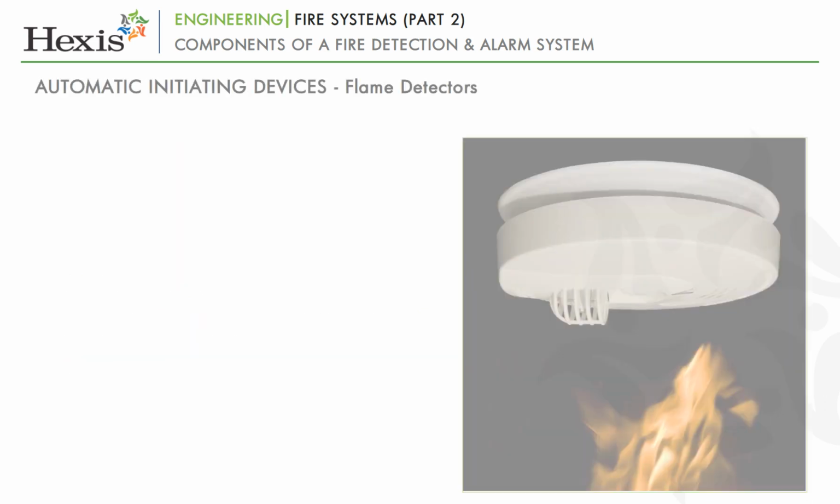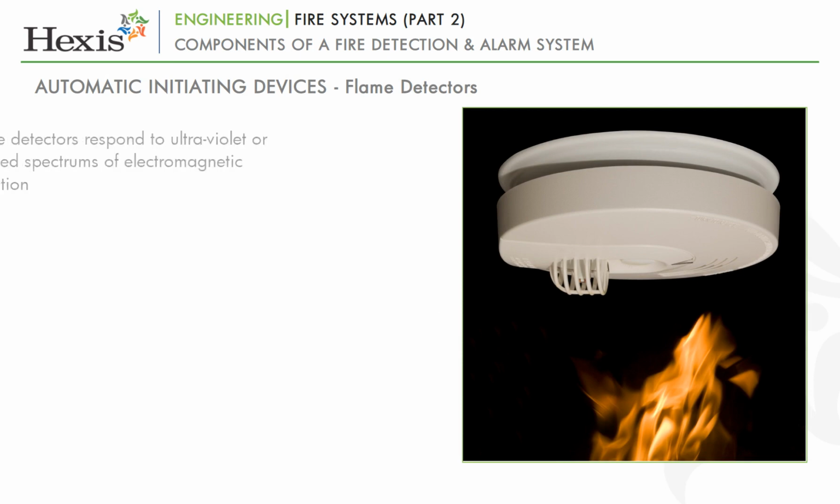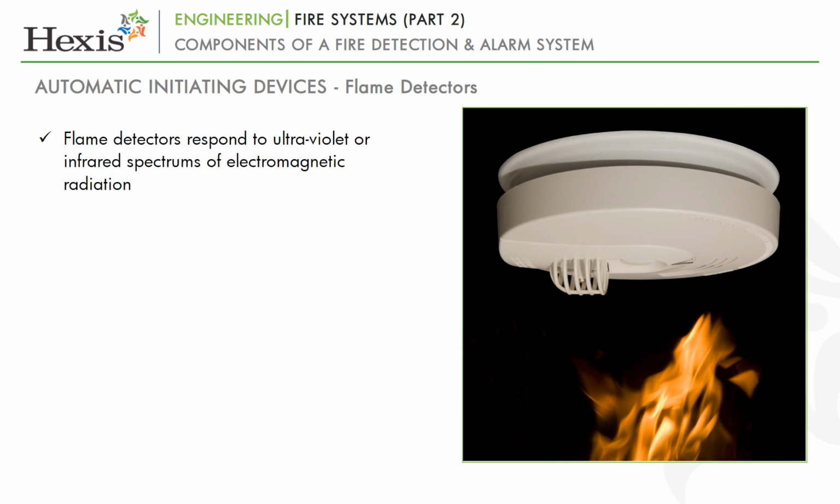Lastly, let's look at flame detectors. Flame detectors respond to the production of one or a combination of ultraviolet or infrared spectrums of electromagnetic radiation. These detectors are often used in situations where there is a potential for the rapid development of fire, such as